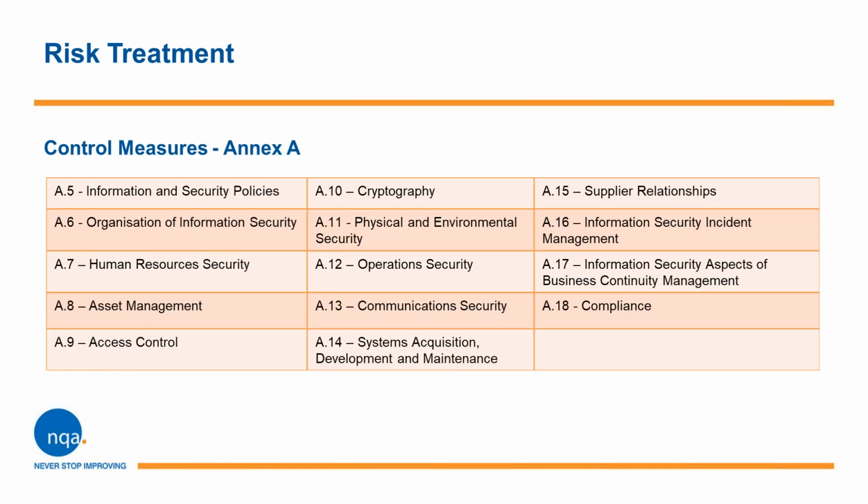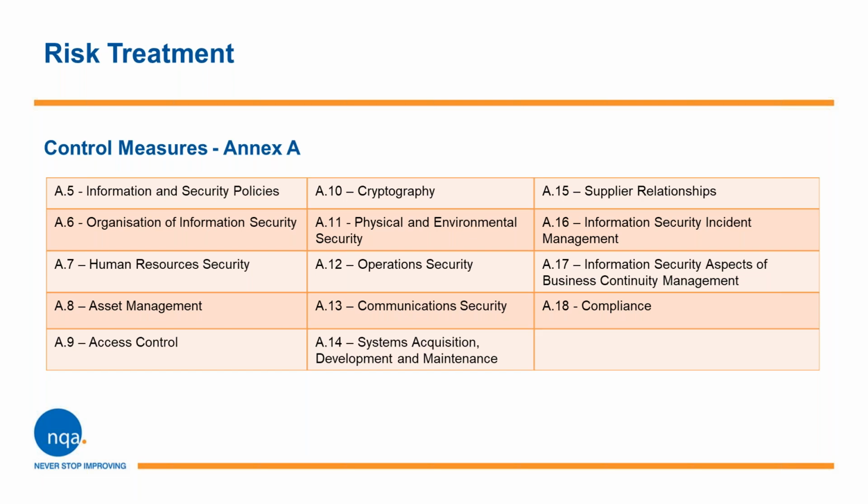Now, those of you familiar with ISO 27001 will know that at the back, at Annex A, there are a number of control measures, 114 in all, over 14 clauses and 35 control categories. We'll just skirt through each one. I'm not going to go into a tremendous amount of detail on each one, but we'll just cover each of the headlines, if you like, for the Annex A controls. Beginning with A.5, information security policies. And these are controls on how policies are written and reviewed.